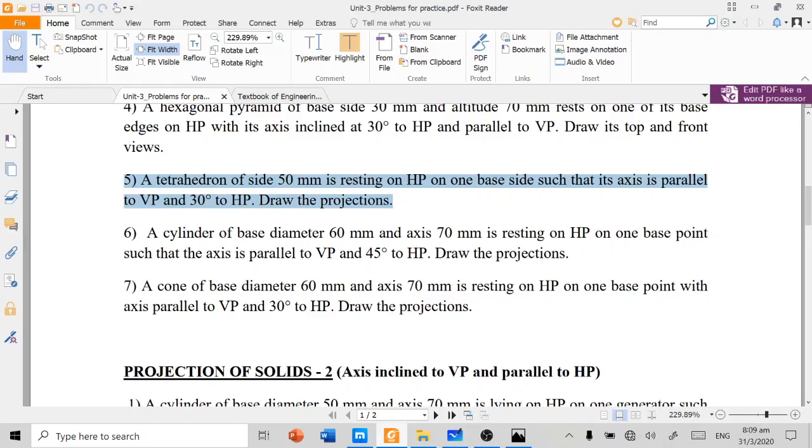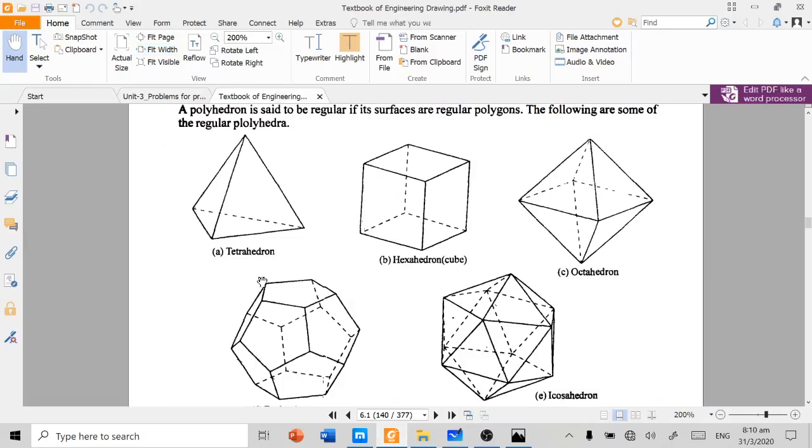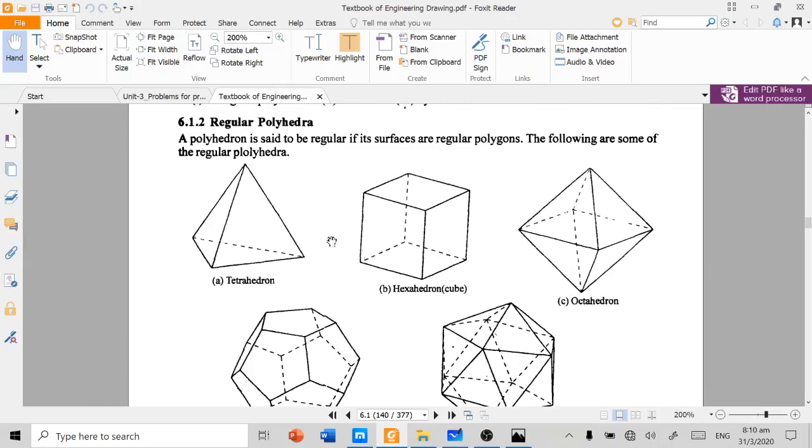And before getting to the answer, first you should have a simple introduction about the solid tetrahedron. It's a new solid to you in our context. A tetrahedron by appearance looks very similar to a triangular pyramid. The uniqueness between a tetrahedron and the hexahedron, which is actually a cube, is that in the cube, the base side length is equal to the axis height